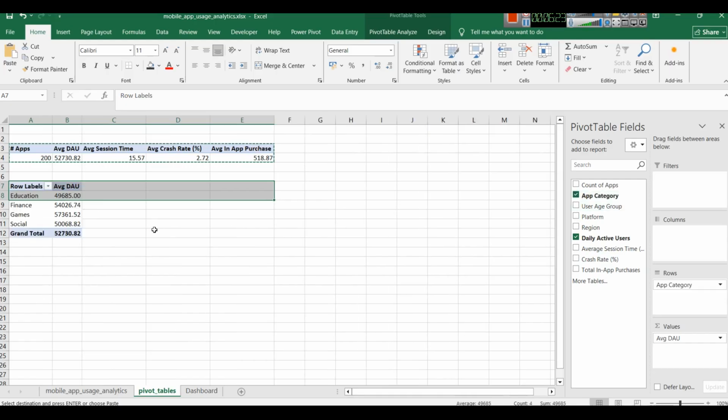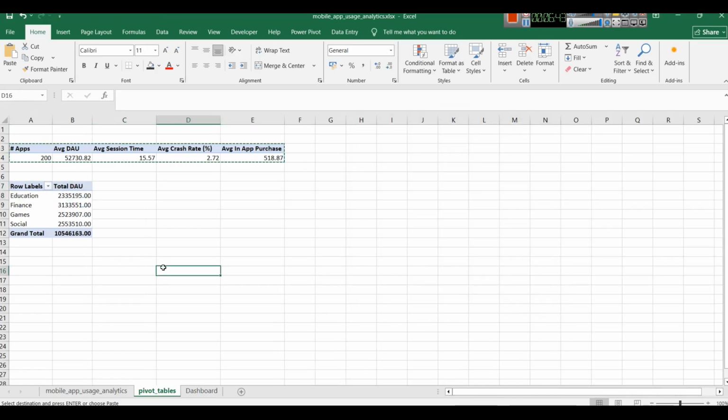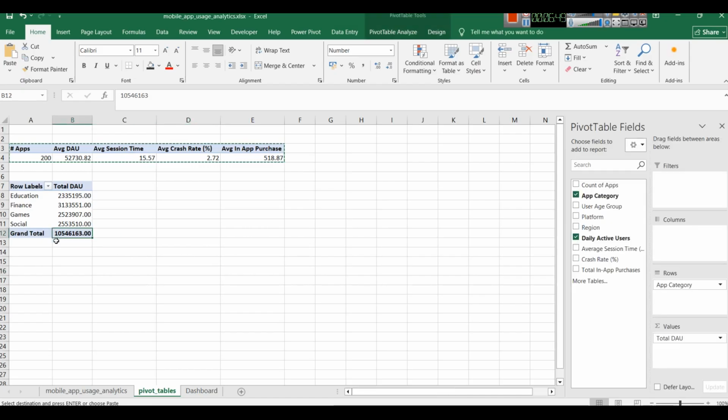So app category wise daily active users can be selected, or app category wise total active users. For that we have to select this. So we can write total DAU. I am just writing DAU so that it is properly visible. Total DAU is this. So you can see for different type of apps, like for education, finance, game or social,